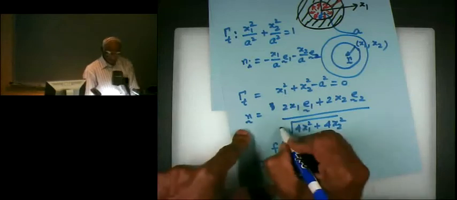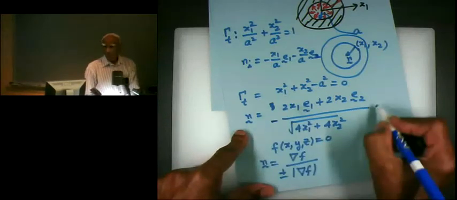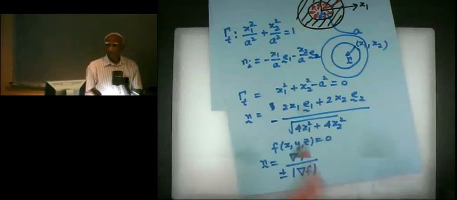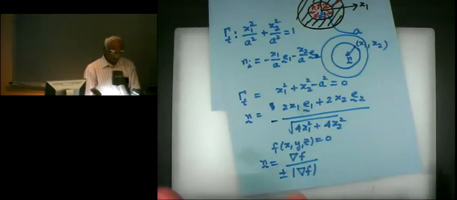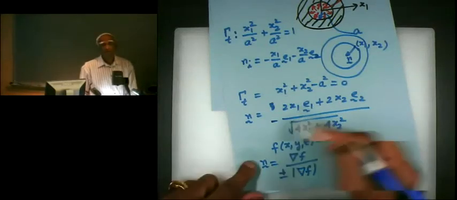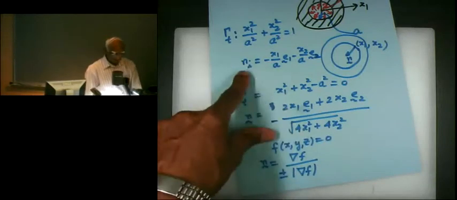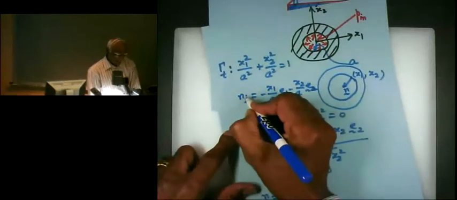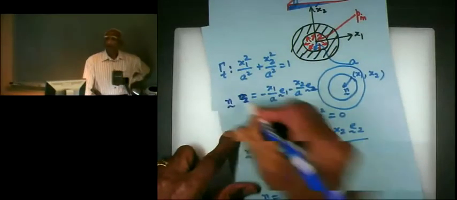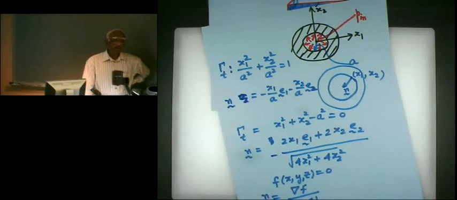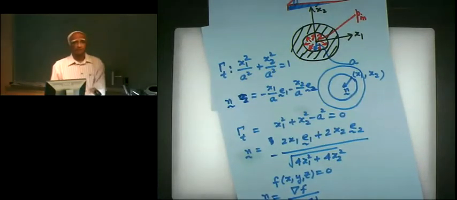So in this case, it's minus, and because x1 squared plus x2 squared is equal to a squared, I will get 2a in the denominator, and that 2 and 2 will cancel. And we will get n_i equal to, actually this is not written correctly, I should say n. Because on one side I had i as a free index, on the other side I did not have any i as a free index. So it was not written correctly. So it should be n equal to that.